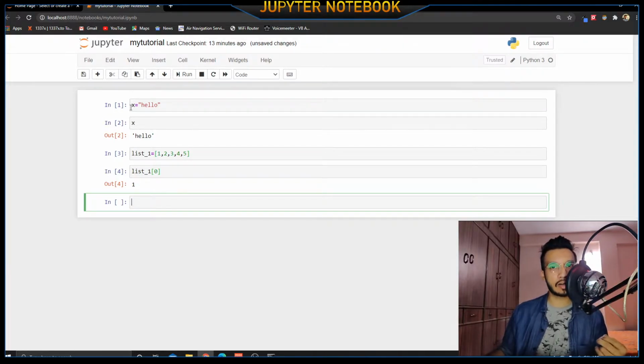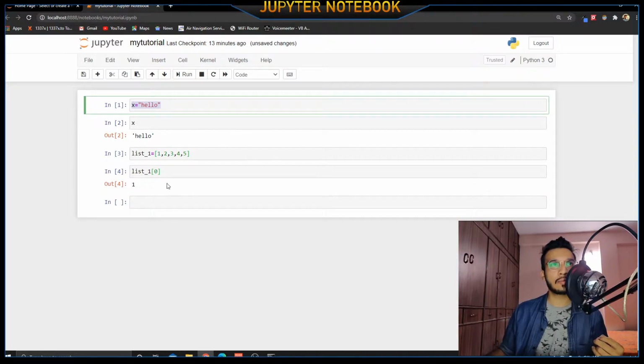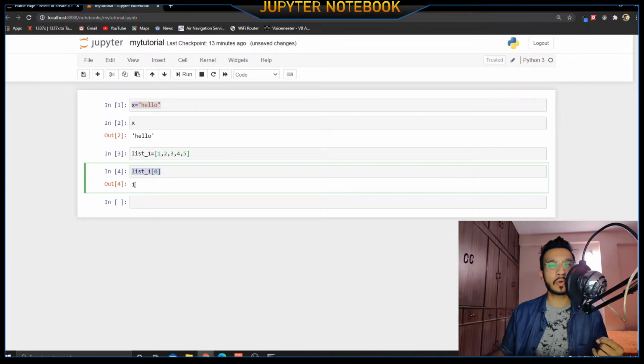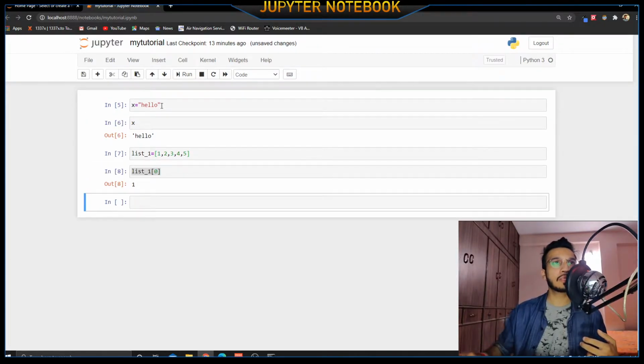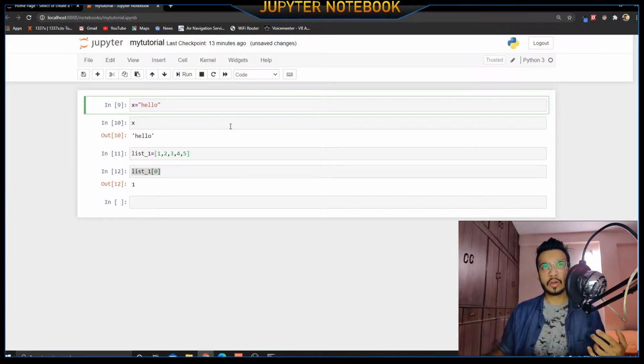For example, from where did I start? I can pretty much know that by seeing that In 1. This is where we started and this is where we ended, with an output of 1. For example, I have written a code of like 100 lines and I don't even know where we started, and I just want it to start again from 0, 1, 2, 3. If I re-execute this right now, you can see these numbers keep on extending, they don't stop. For us to get back to 0, you have to first interrupt the kernel and then restart the kernel, or you can do a direct restart.